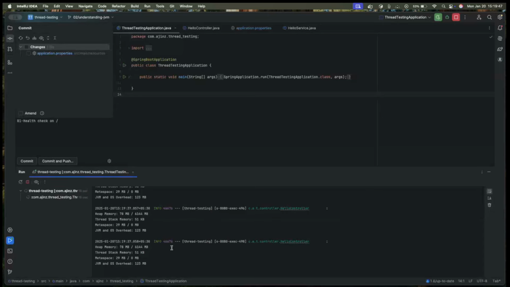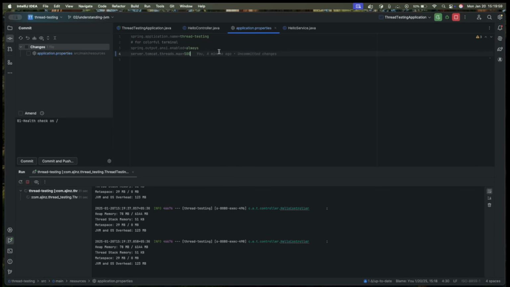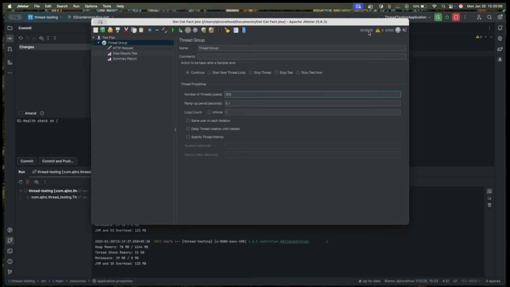So if you look over here, the maximum JVM overhead size that has gone is 123 MB, and the maximum heap memory that has gone is 78 MB when we are trying to hit 500 requests, right? And as soon as you increase the size of the threads and you try to hit all the requests again,